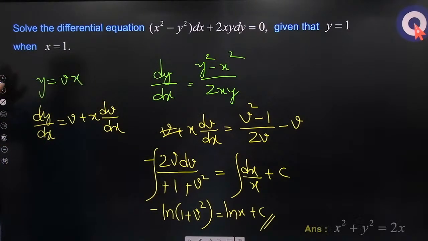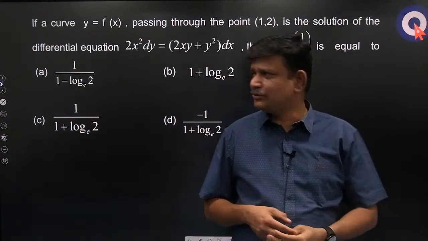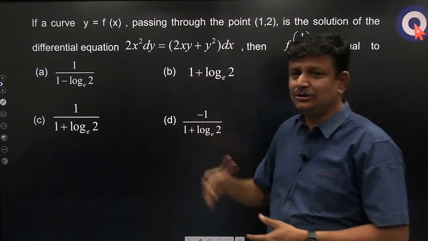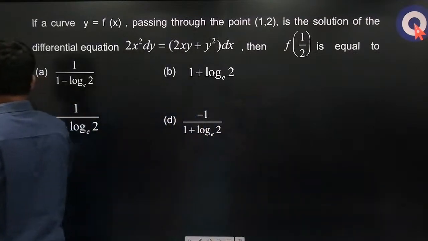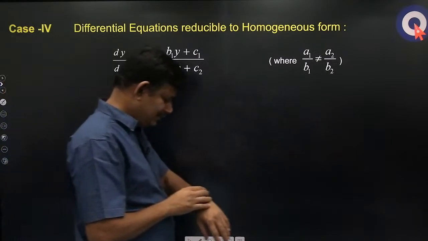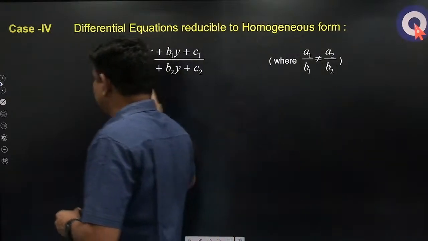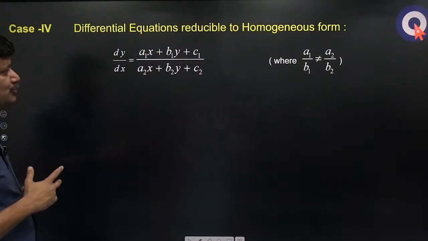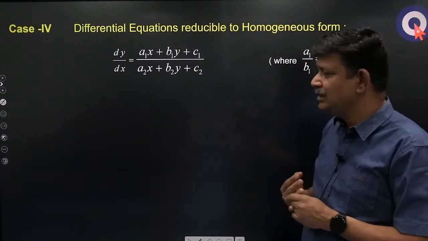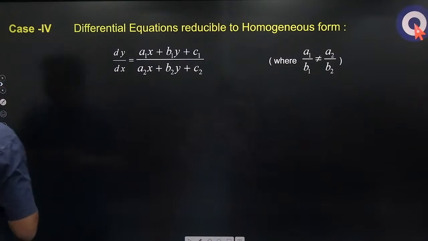Based on the options you can further simplify or leave it as it is. ठीक है, सिमिलर सच क्वेश्चन, इसमें भी खास कुछ नहीं है कि 2x by y square यहाँ पे लेके आओ, dy by dx लिख दो, तो this is again a homogeneous equation, similar question, you will get it in a simple way. Now some questions will be there which are convertible to homogeneous, ऐसे देखा जाए तो this is not homogeneous, dy by dx is equal to a1x plus b1y plus c1 by a2x plus b2y plus c2, ये homogeneous नहीं है. तो इन चीजों को कैसे homogeneous बनाना है,